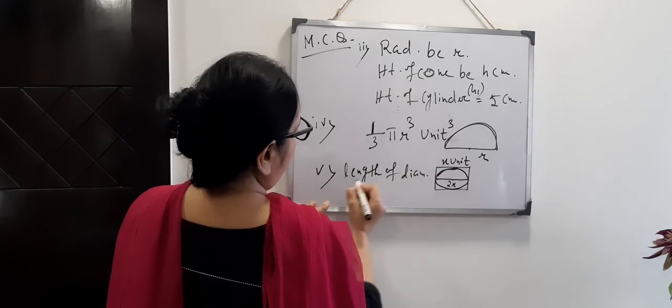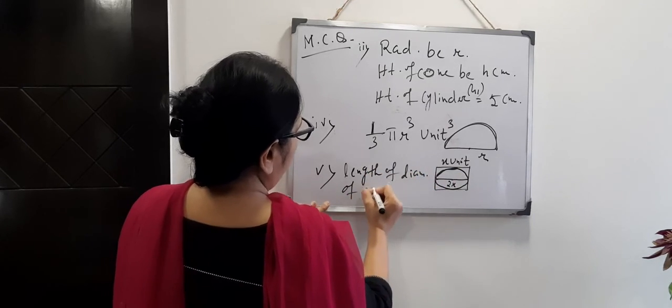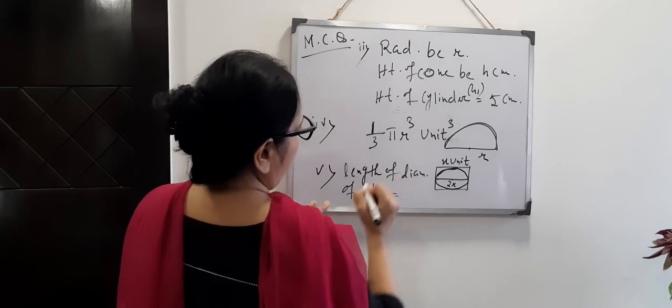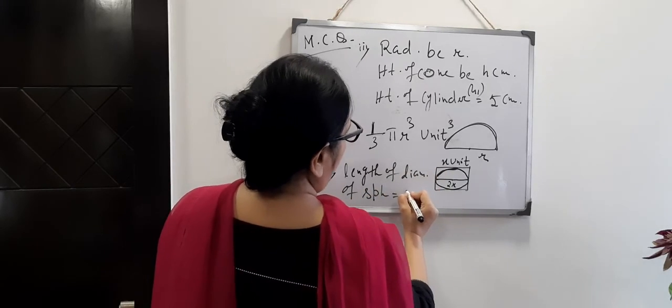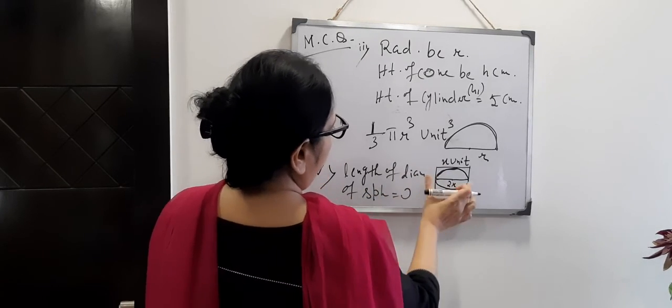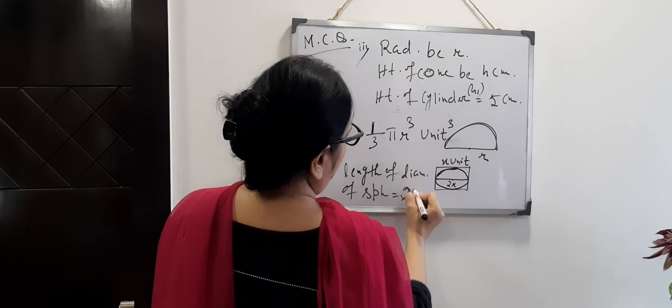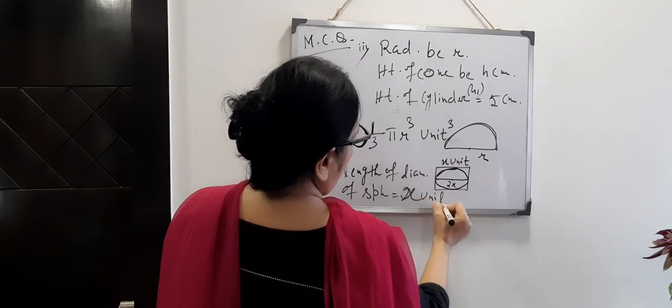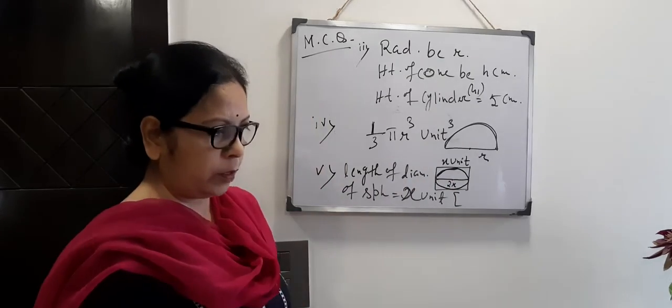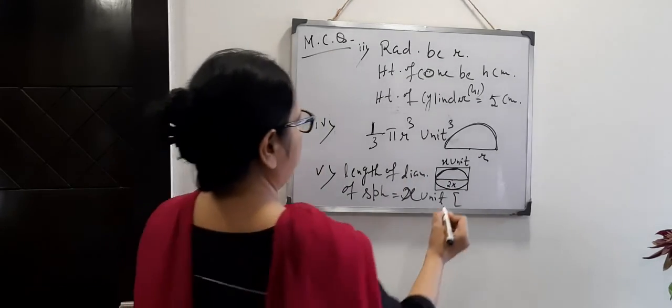Therefore, your answer will be that the length of diameter of sphere, from figure, I think it is clear. Length of diameter of sphere will be x. 2r equals to x will be 8 cm. That is your option A.